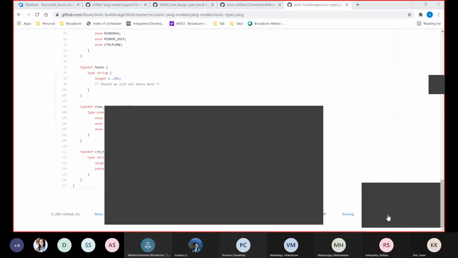For adding descriptions, for example, you need to explain what a NAT pool is. So those descriptions will also be added. Yeah, I will add descriptions for all the leaves. I'll update this after the meeting. I mean, not just leaves, but containers too. Okay.